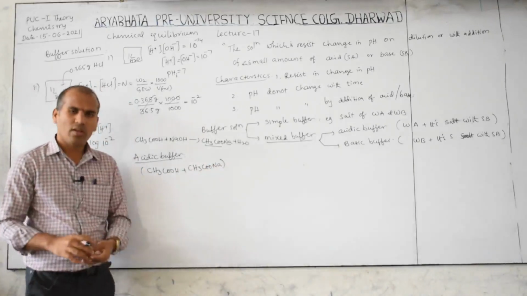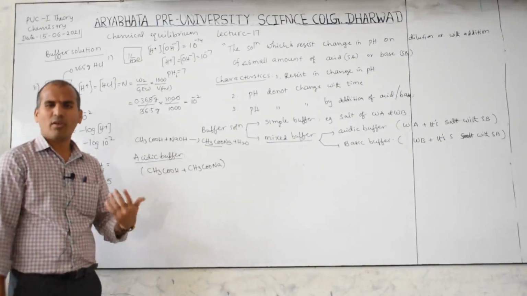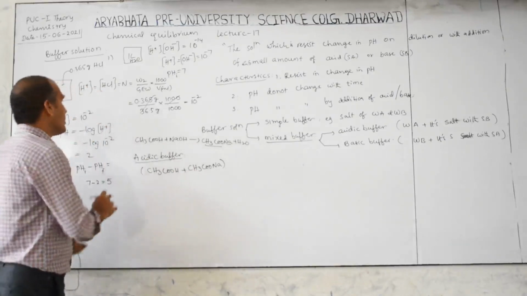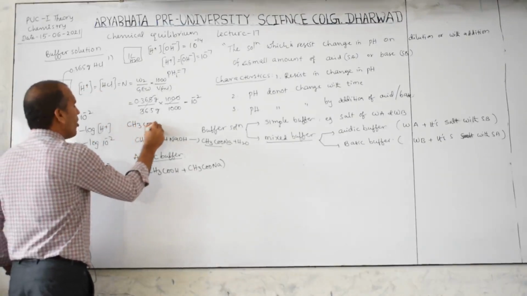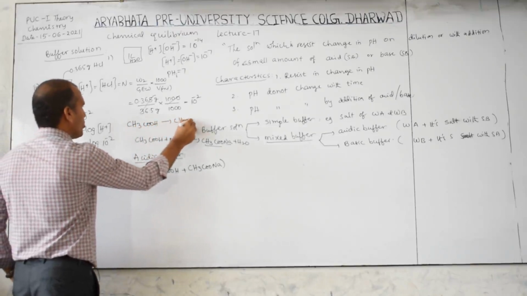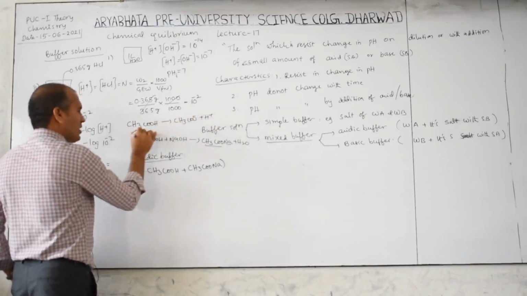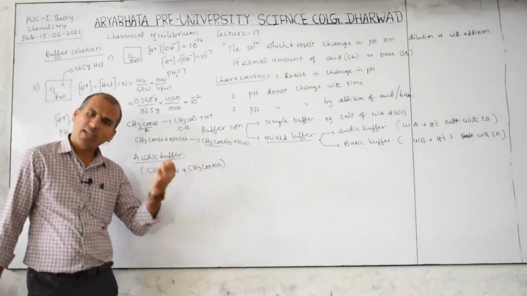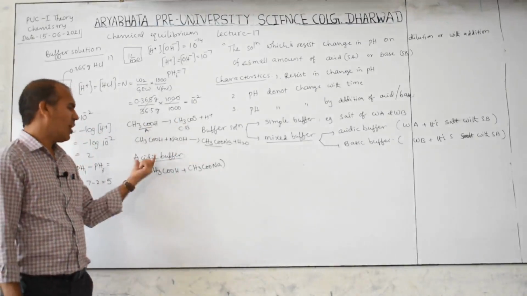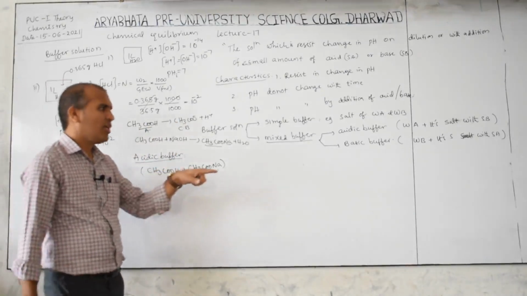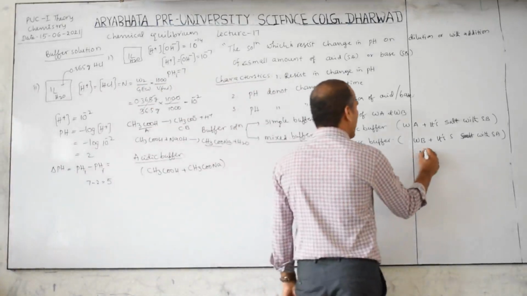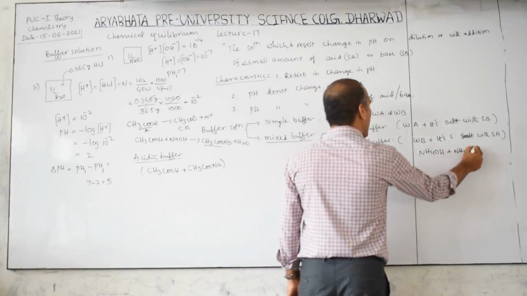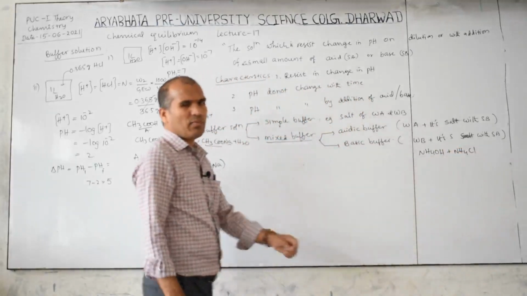Not only this example, you know that only 6 are strong acids, the remaining are all considered weak acids, all weak acids and their conjugate bases. Now this acid CH3COOH ionizes into CH3COO minus plus H plus. If it is acid, then this is its conjugate base. So acid and its conjugate base also act as acidic buffer. Then the reverse in the base: example is NH4OH base and its salt with the strong acid. So this is known as a basic buffer.